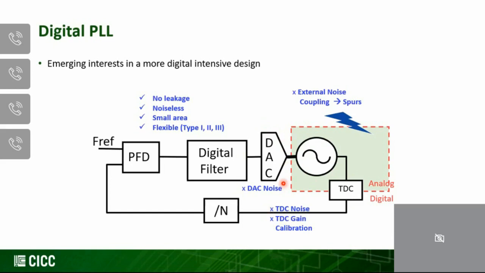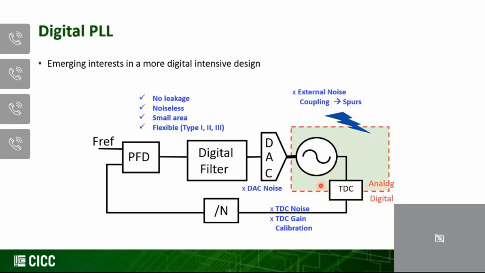And this obviously will become an overhead for these architectures, because we do need to do this extra digital to analog interface conversion, which also means that any non-idealities with the DAC can also be injected into the digital PLL loop. On the ADC side, here, this is just mimicking a typical ADC, and therefore